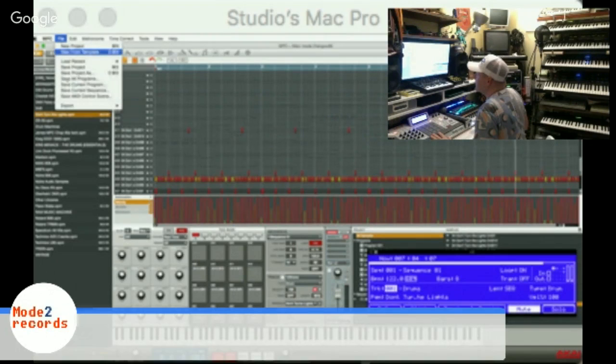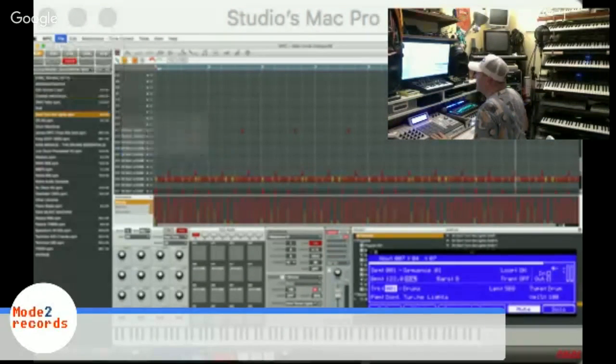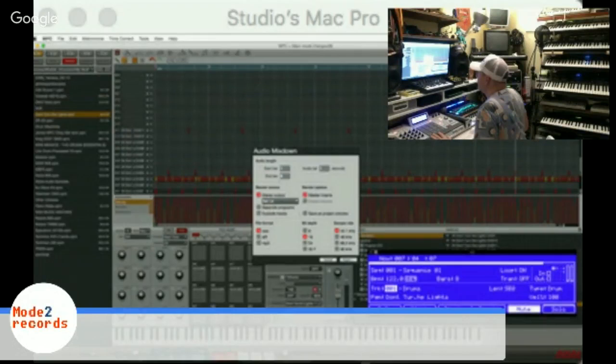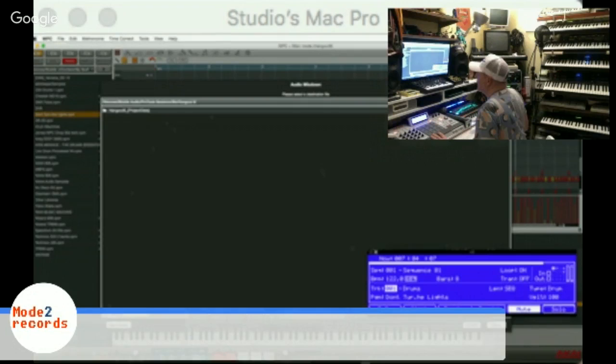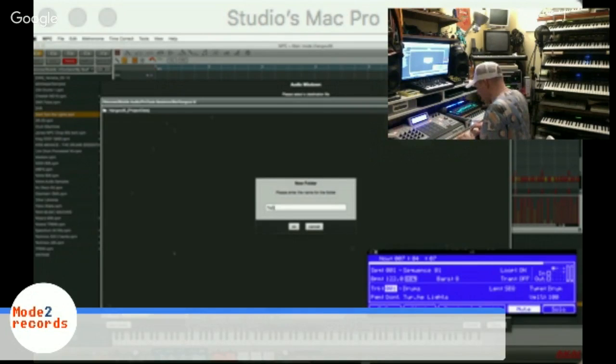It's by going up to export, audio mix down, WAV 24-bit 48 kilohertz, because that's what I always work in. Let's give it a couple of more seconds on there, because there's one that might have a bit of a tail on it from that reverb. Do a new folder here and call it parts 122